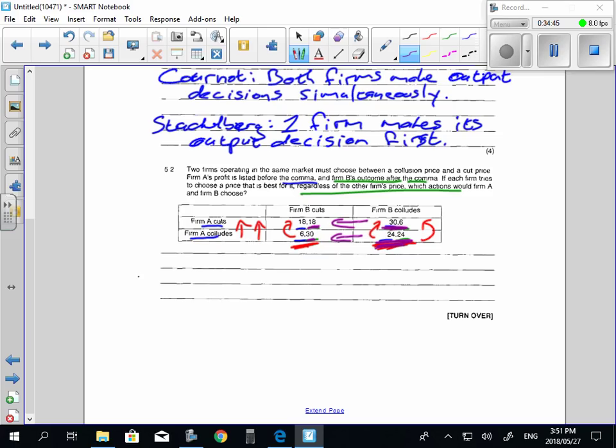So for both of these firms, it's always in their best interests to cut the price regardless of what the other firm is doing. Okay. Right, so I don't have a set answer. You can just come up with your own answer for that, but you need to include that information that I've just told you. Okay. Explain how it's always better for them to cut the price, regardless of what the other firm does. Okay? So both firms